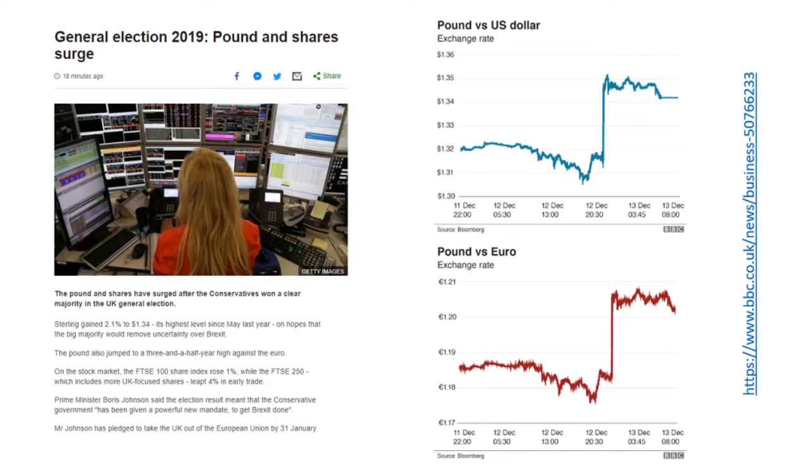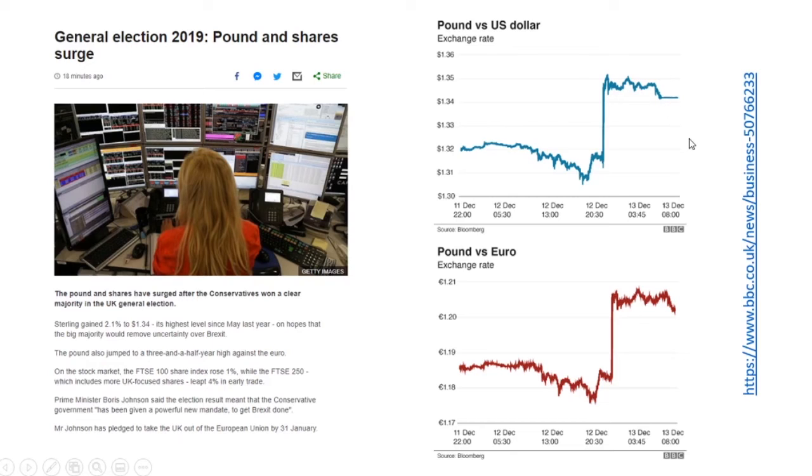Another good example of when confidence has affected UK exchange rates is looking at the general election of December 2019. This is a news article from The Times. Pound and shares surge. The headline is that the pound and shares have surged after the Conservatives won a clear majority in the UK general election. After months of political uncertainty, it was very clear that Boris Johnson and the Conservatives had a very strong government going forward. And as a result, when the election results came in, the pound saw a sudden spike in its